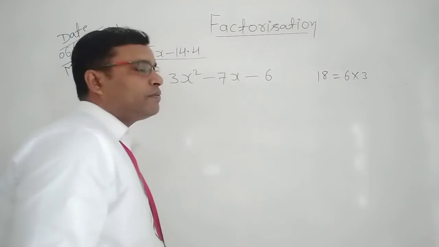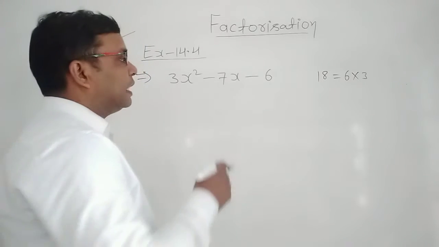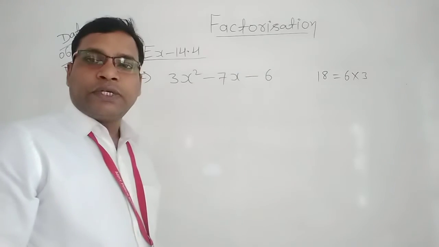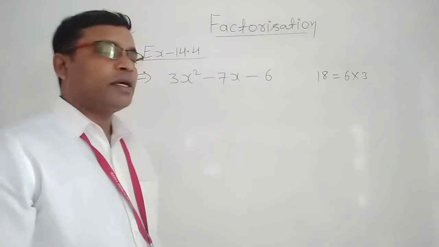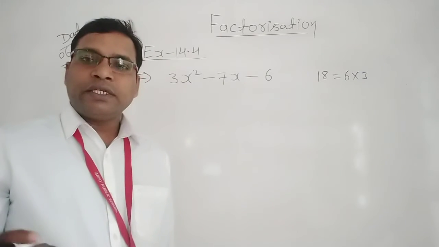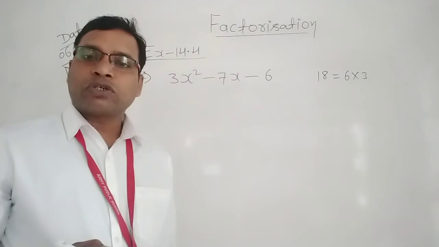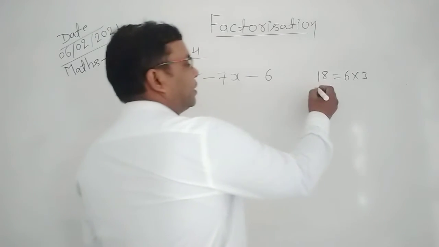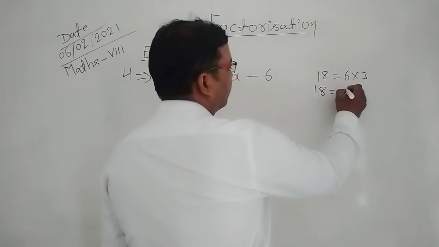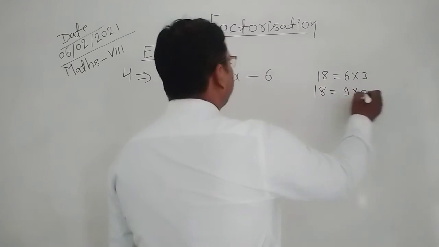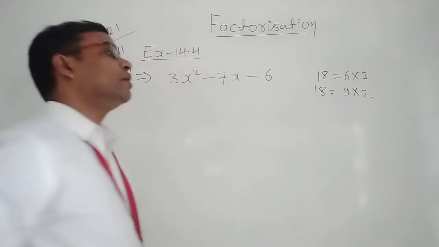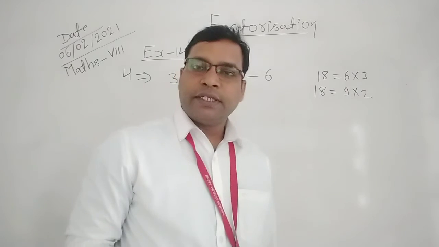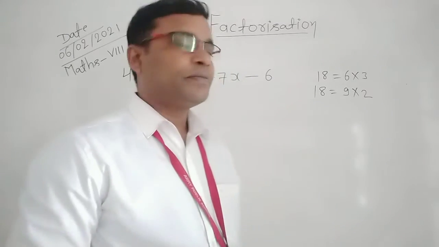Okay. So we find the factors of 18 such that their difference is 7. Because you can see here the constant term has a negative sign, so we find the difference. How do we find 18? If you multiply the coefficient of x square and the constant term, then we get 18. Now we find factors of 18 such that their difference is what? 7. Here you can see 9 into 2 is the factor of 18 such that their product is 18 and their difference is 7.